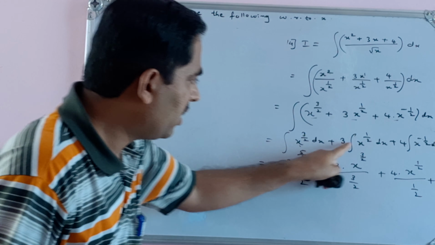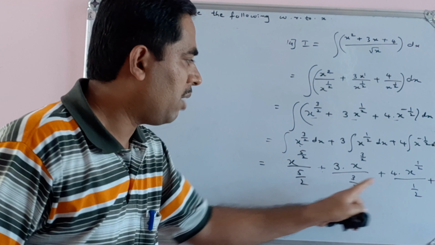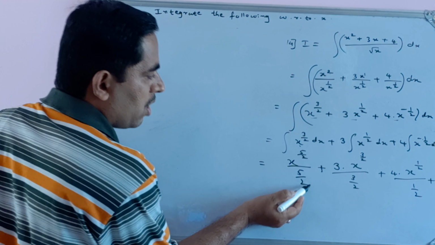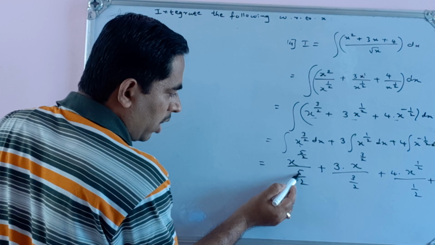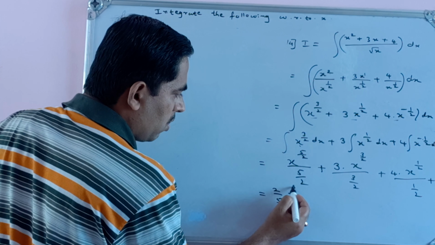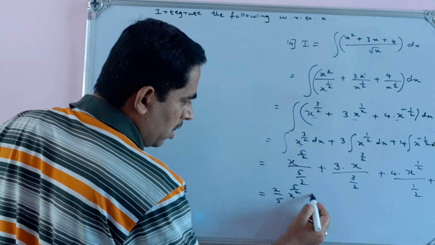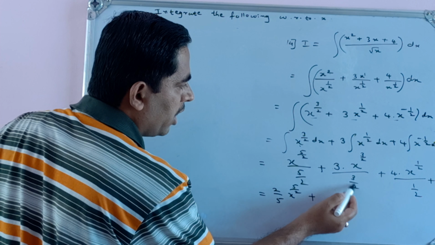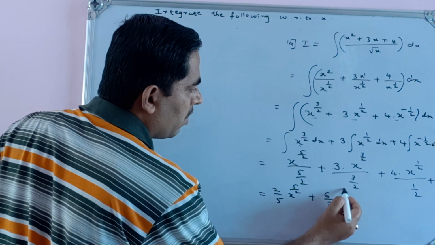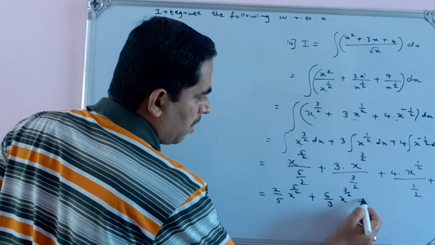See, for these 3 terms I have applied the power rule. So we can leave it at this step. Otherwise, if we take the reciprocal, this will be 2 by 5 into x to the power of 5 by 2, plus this 2 comes to the numerator, then 2 into 3, that will be 6 by 3 into x to the power of 3 by 2, plus